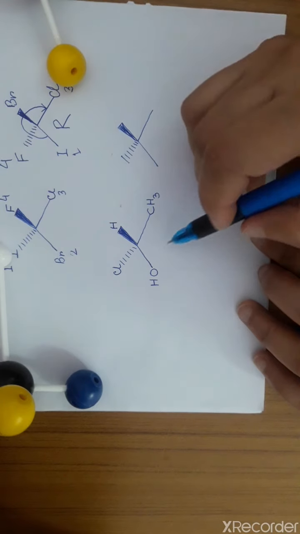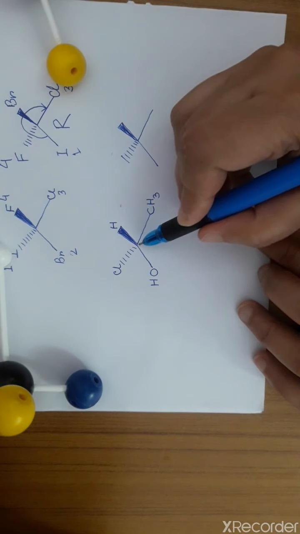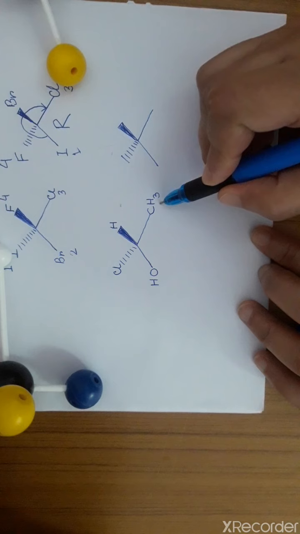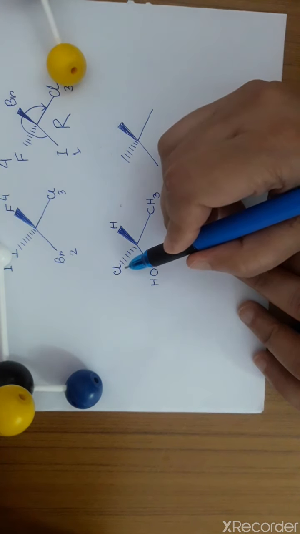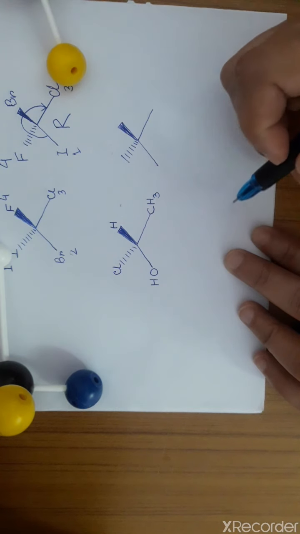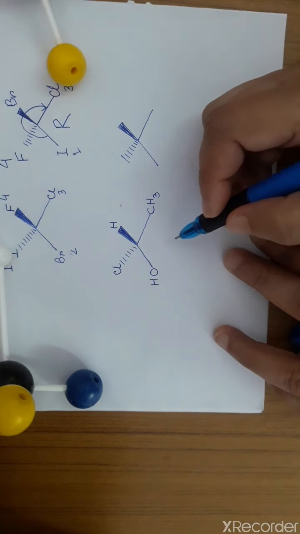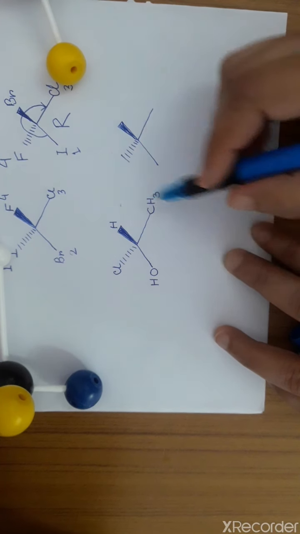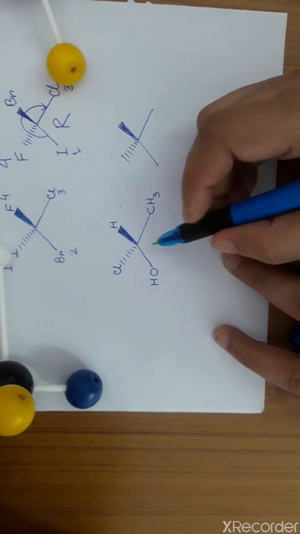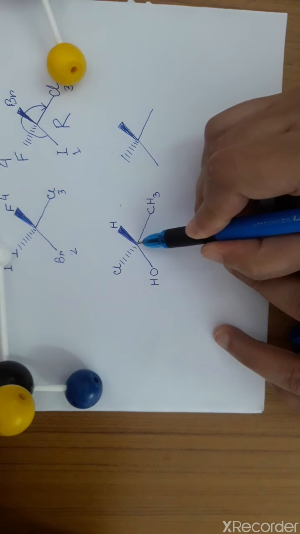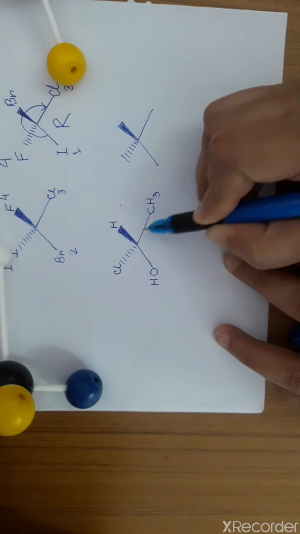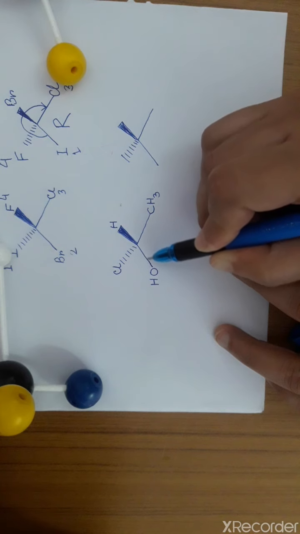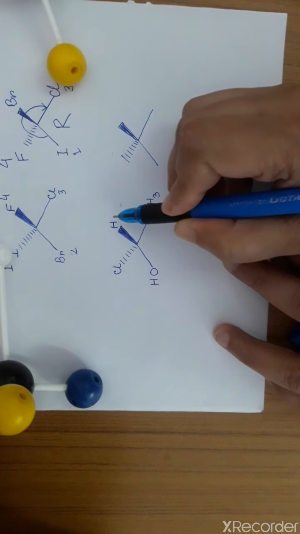Our next problem is this one. This is a chiral carbon. It is attached with a methyl group. CH3 is methyl group. Then one hydrogen. This is hydroxy group, and this is chlorine, right? Now, how to determine the priority, or how to assign the priority of these groups or atoms? What we have to consider? We have to consider the atom which is directly attached to the chiral carbon, right? Now, here this carbon is directly attached to the chiral carbon. O is attached to the chiral carbon, Cl and hydrogen, right?